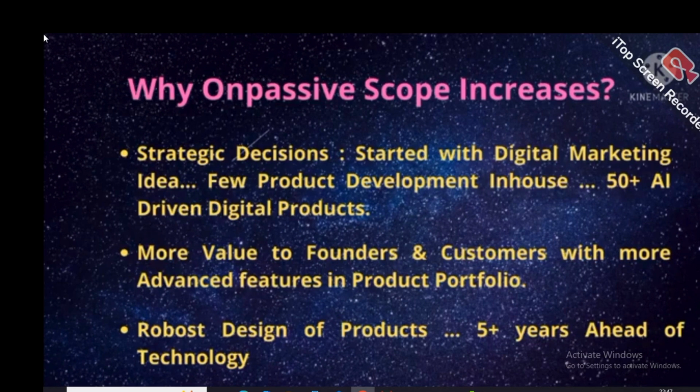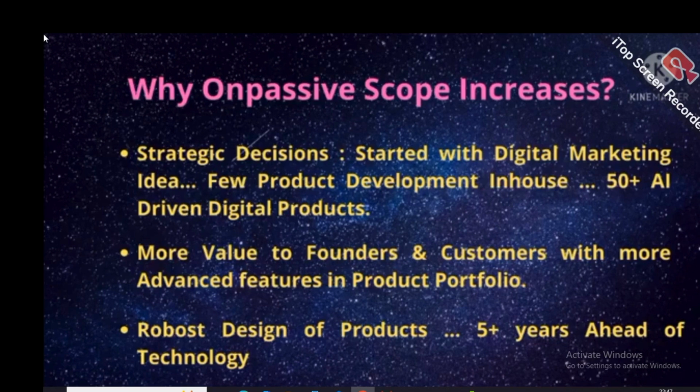So with the idea of in-house product development, the Bangalore office was started, and gradually, based on the progress and the founder response,